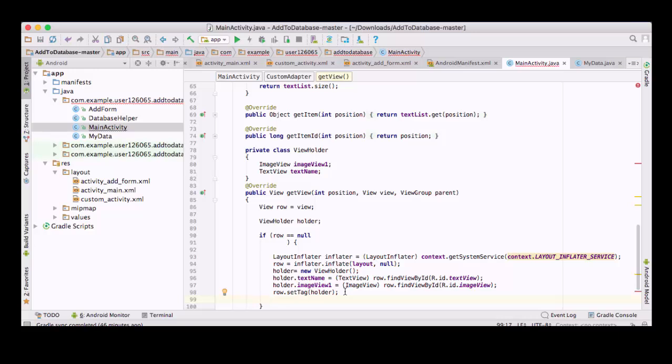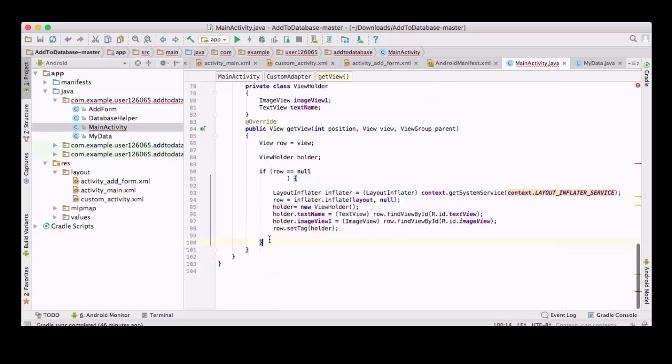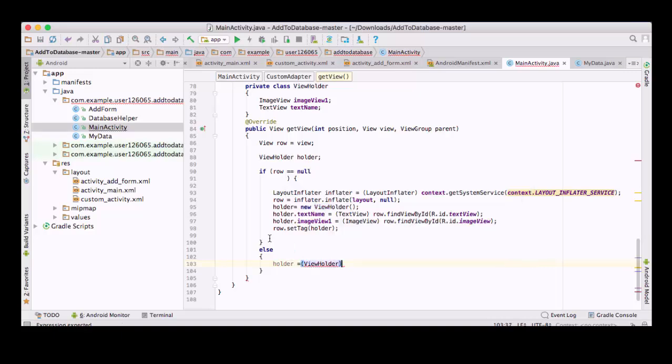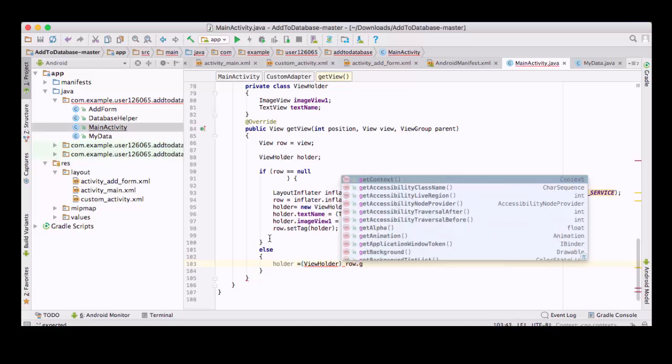And now we are going to give it an else statement. If row is already there, then what we are going to do, so for else we are going to create a holder is equal to view holder, and here we are going to give row dot get